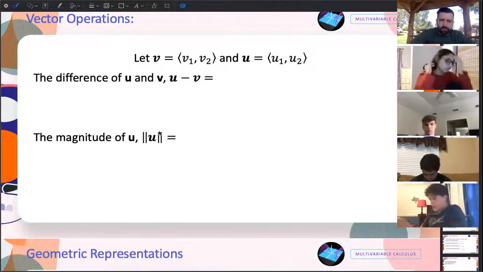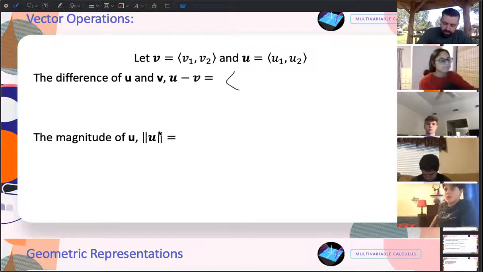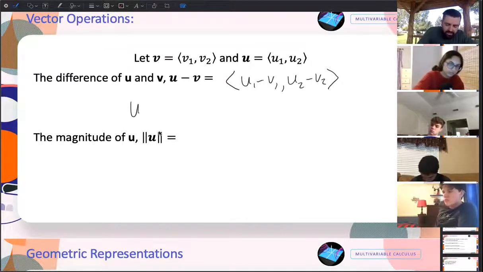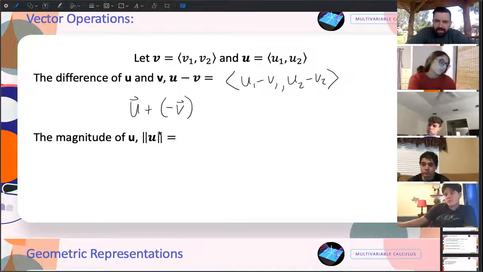If you want to take a difference, you have 2 ways of doing that. You could literally just subtract the components, so I could take u1 minus v1 and u2 minus v2. Or you could think of it, which is how I think of it geometrically, as pairing with some of the stuff that came before, and you're just adding a -v. Subtraction's not its own different thing. You're just adding a negative, just like with arithmetic.